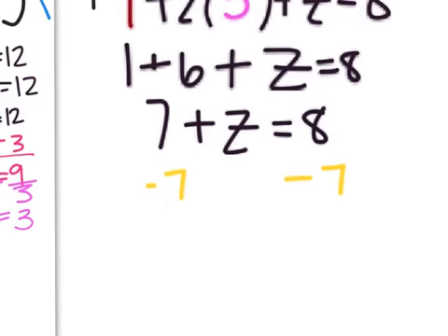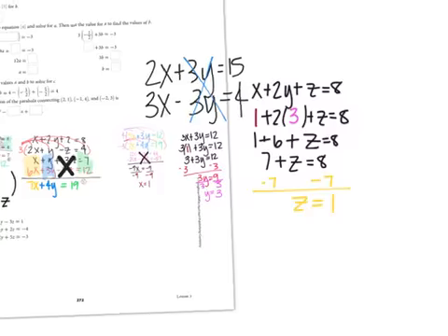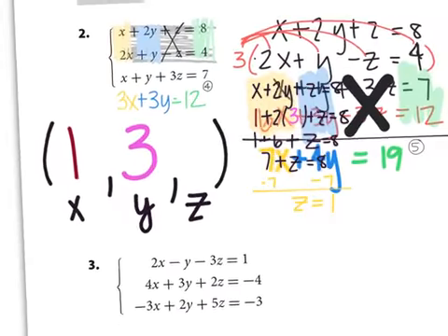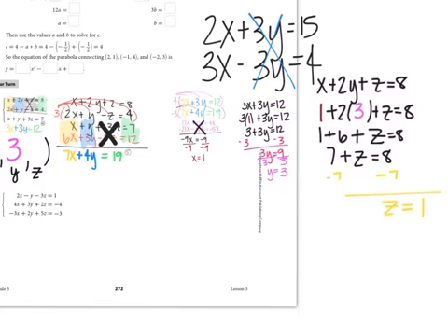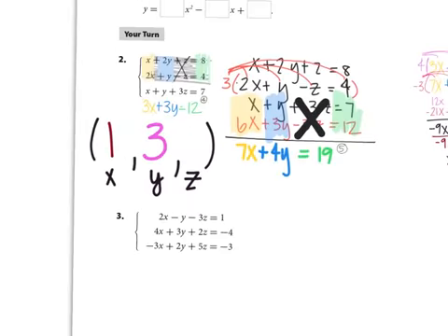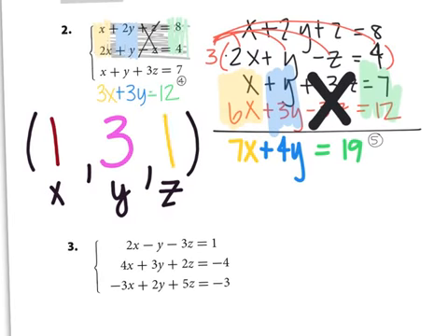Okay, we already have it. Z equals, sorry, positive 1. So 1, 3, 1. So I already had x and y. Now I have, oops, sorry. Let me group this better. I apologize. I forget that it does this. Okay. So now I know that z is 1. So that's my